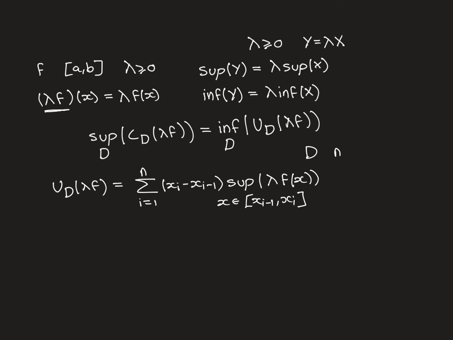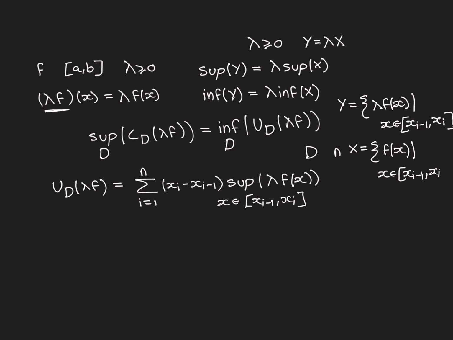Let's take our y as the set of lambda times f of x, where x is an element of this interval x_{i-1} to x_i. Our set x, meanwhile, is the set of things f of x, where x is an element of that interval. So hopefully you appreciate that these two sets are connected in this way that we looked at previously,